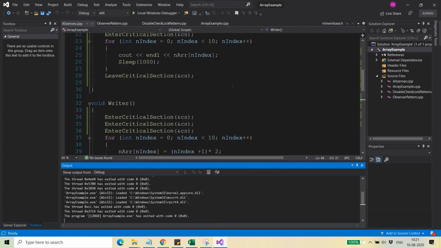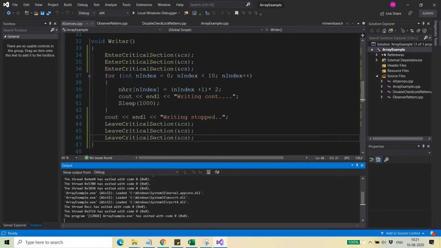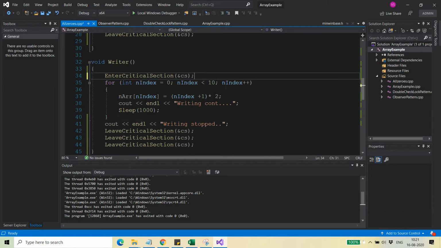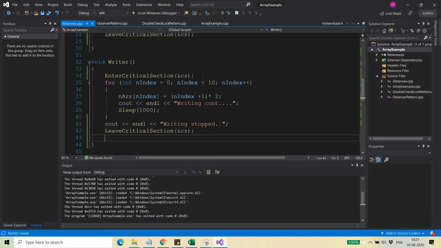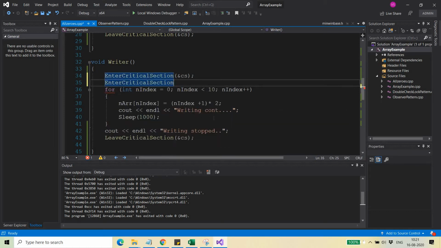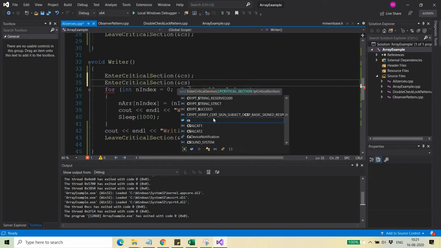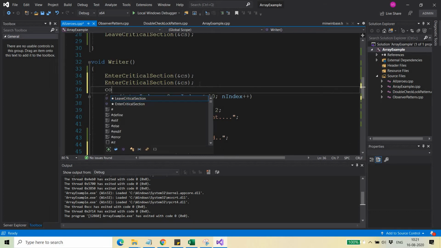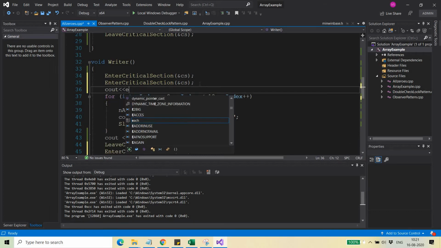So let's move ahead with the next concept related to the critical section. Let me just delete these calls. These are of no use now. But before that, let us just print it. Just out of curiosity, let us see what happens when I call this critical section two times, and after that when I print it with cout endl